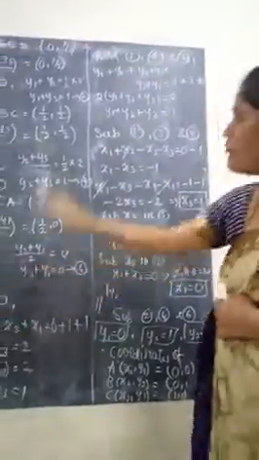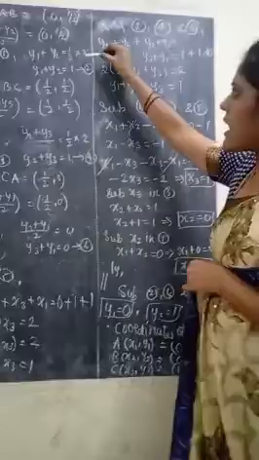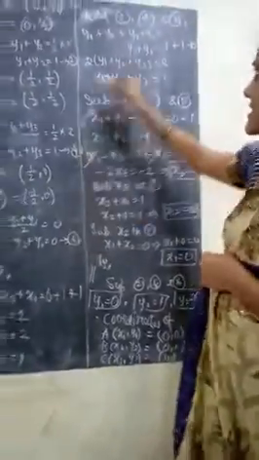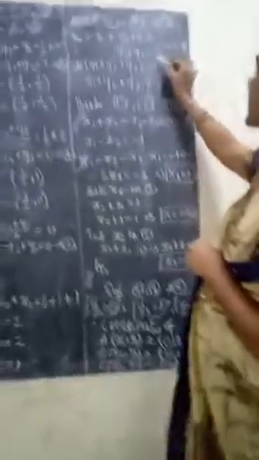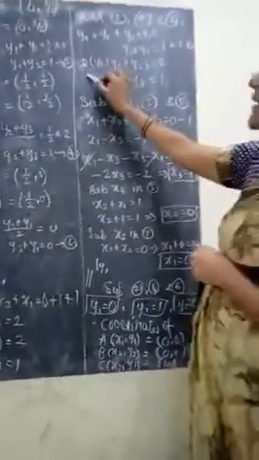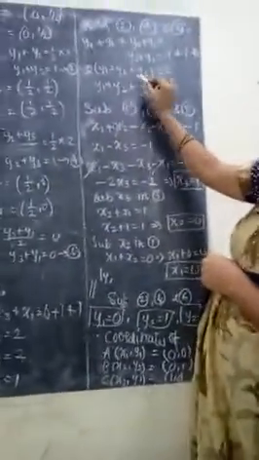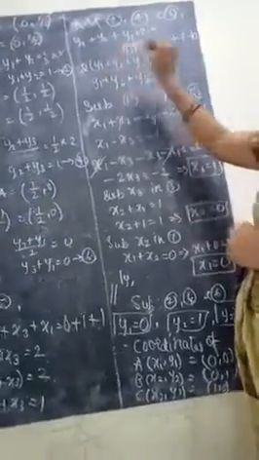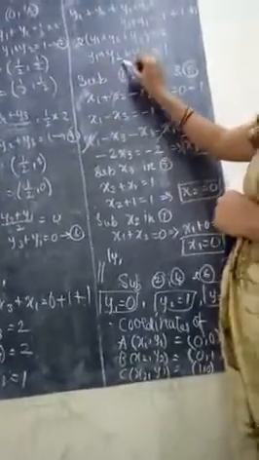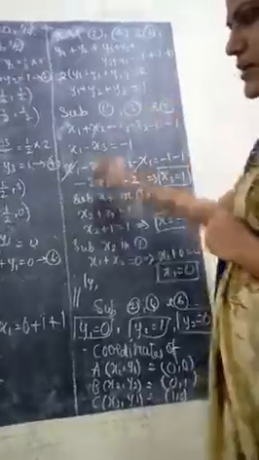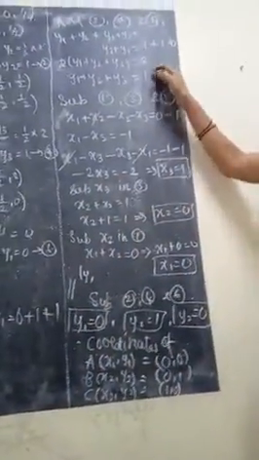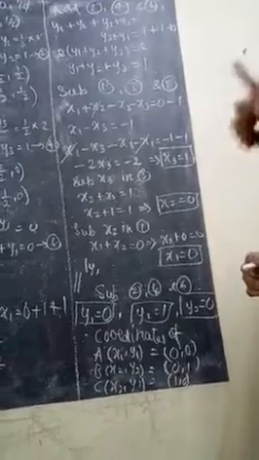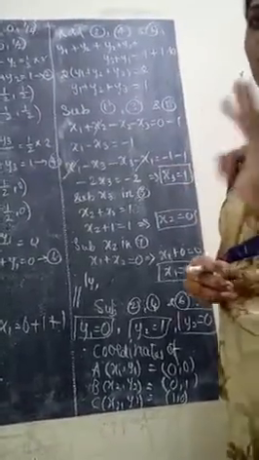In the same way for the y terms, add equations 2, 4 and 6. So y1 plus y2 plus y2 plus y3 plus y3 plus y1 equal to 1 plus 1 plus 0. Automatically take 2 as common. So 2 times (y1 plus y2 plus y3) equal to 2. The 2 cancels, so y1 plus y2 plus y3 equal to 1. Listen, this is the addition of the x terms, and this is the addition of the y terms. Now we need to find the x1, x2, x3 values and the y1, y2, y3 values.